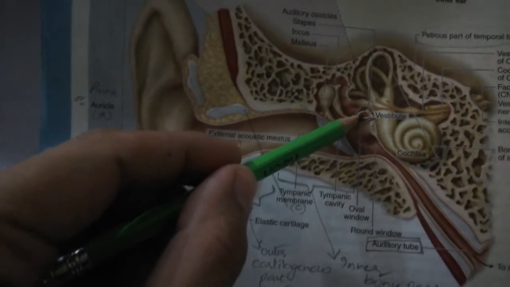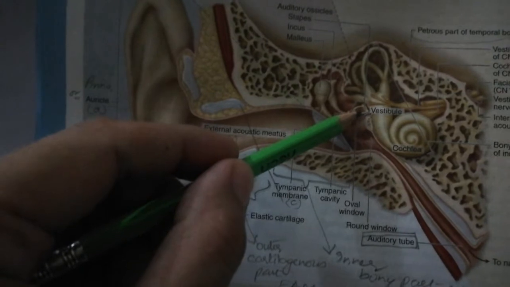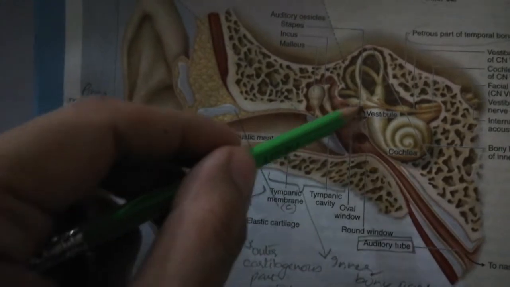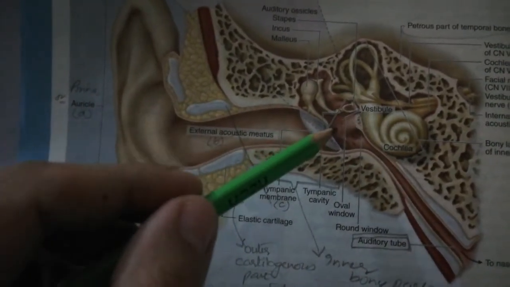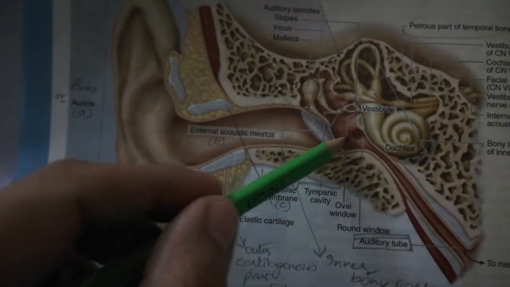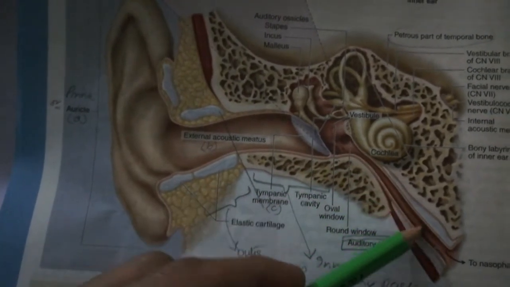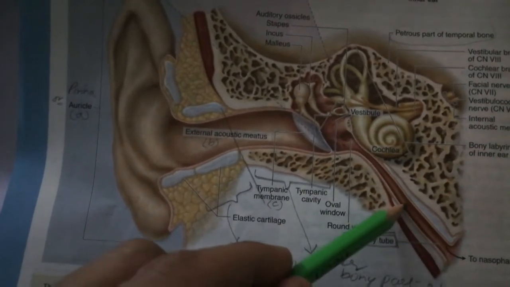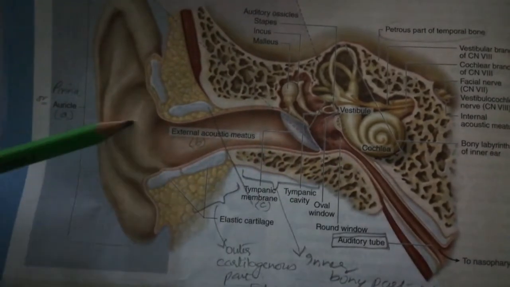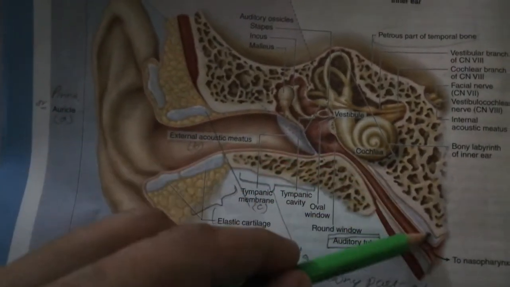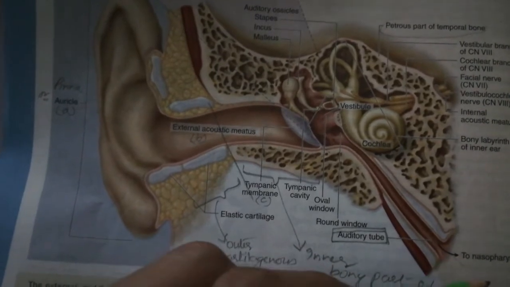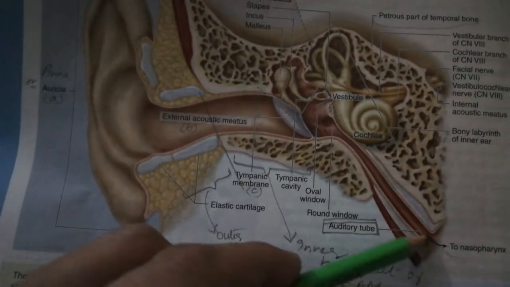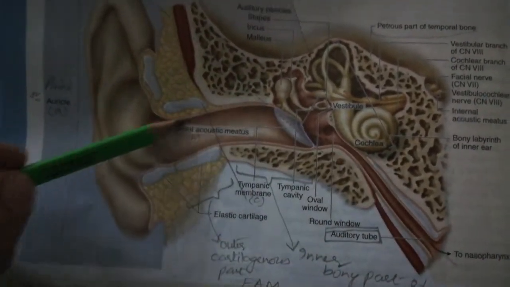They are nothing but compact bone meant to receive the vibrations, the sound here, so that they can transmit it to the next inner ear cavity. Here you can see in its interior a communication, a tube called the auditory tube or nasopharyngeal tube, and you can easily understand that infection of the ear can lead to infection of the throat or nose, and infection of your nasal cavity or pharynx can involve your ear as well.